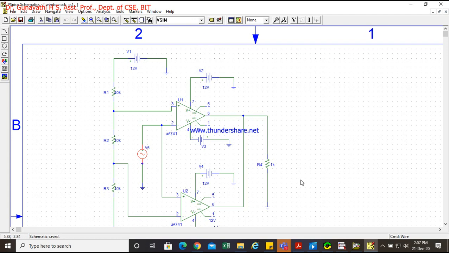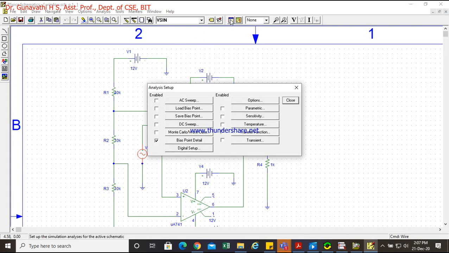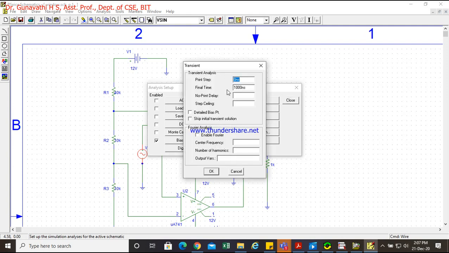You're going to get one complete waveform. Go to this setup analysis, enable the transient, go to the transient. So in a similar way here, we don't have a capacitor here, right? There will not be any charging or discharging here, so you need not do this initial. If your waveform is not proper, only then we'll think of skipping, okay?